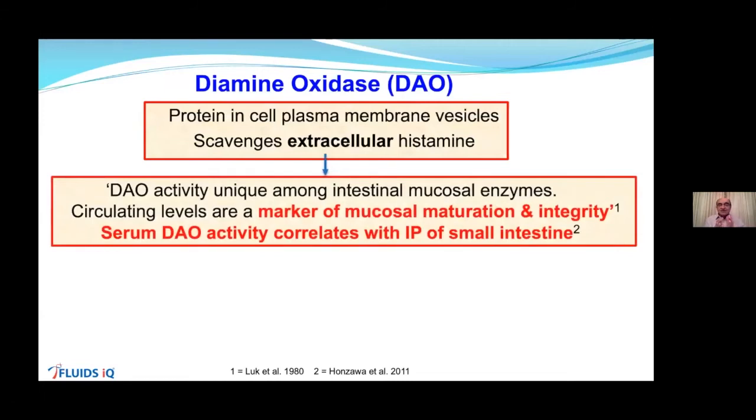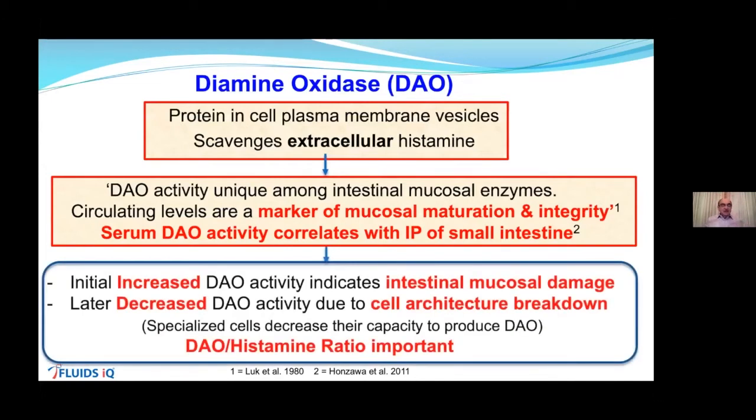So diamine oxidase, which we're calling DAO activity, is quite unique among intestinal mucosal enzymes. And the reason is that the circulating levels of DAO are a biomarker of mucosal maturation and integrity. If you want to know the integrity of the barrier, this is one of the biomarkers. And in fact, serum DAO activity correlates very well with intestinal permeability of the small intestine, which is a critical